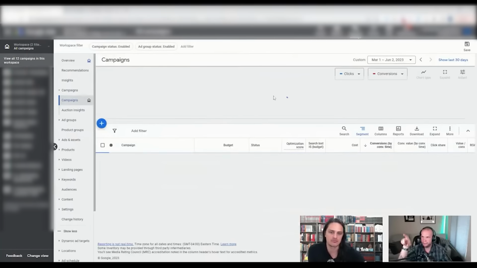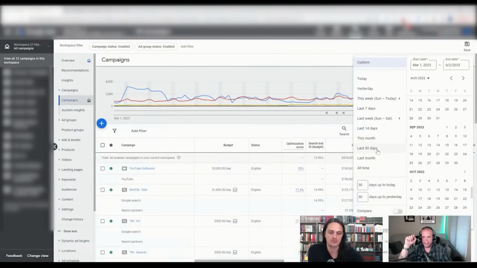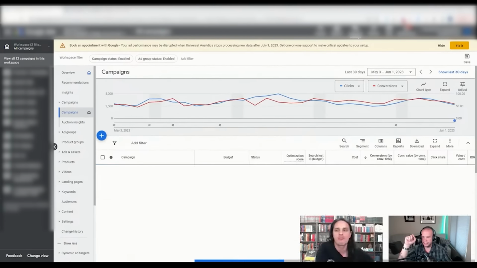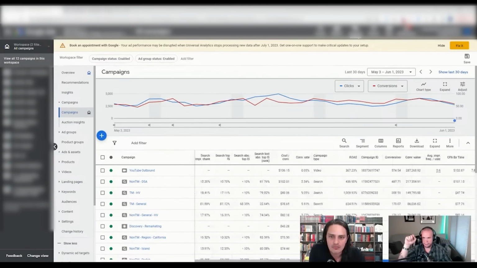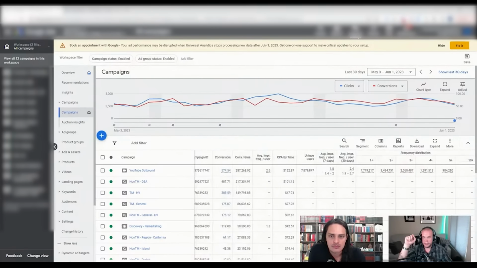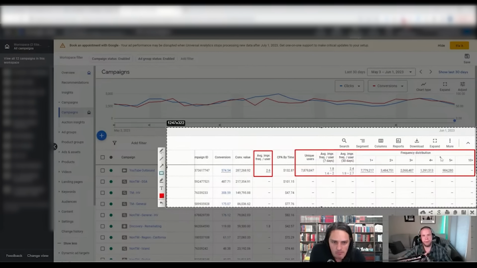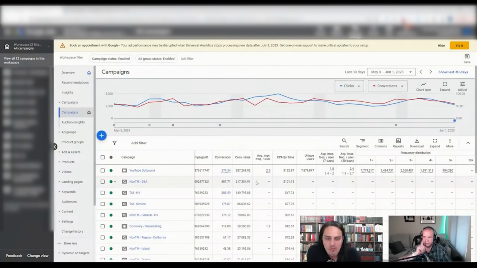Action item number 3, go into a scenario here. Let's just call it the last 30 days as an example, and take a look at these metrics here and here. This is important. This is especially important at scale, which is everyone's goal. Everyone wants to scale. If you don't, you're in the wrong channel, but this is for scale. When you look at scale, this is what I'm talking about.